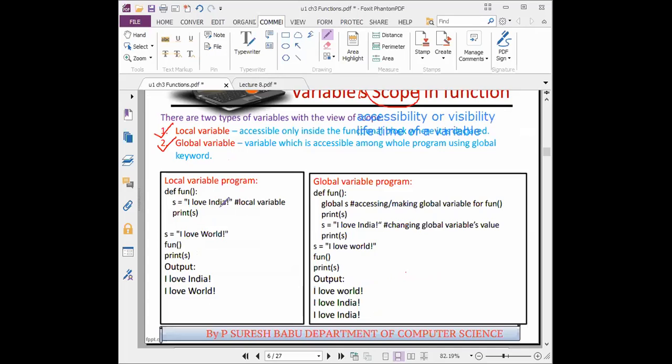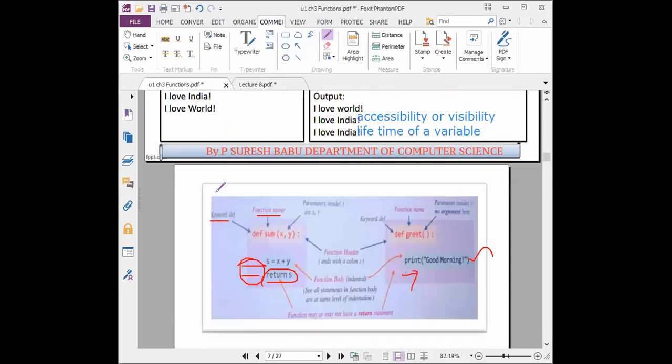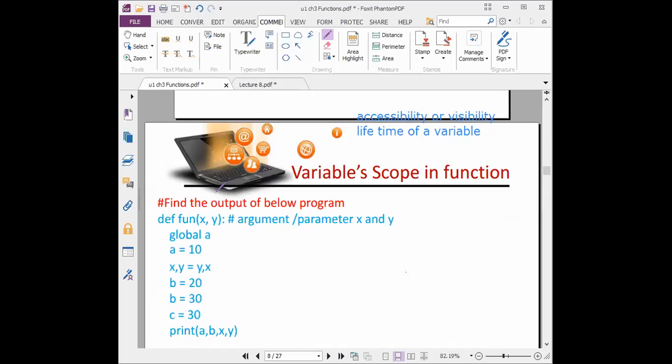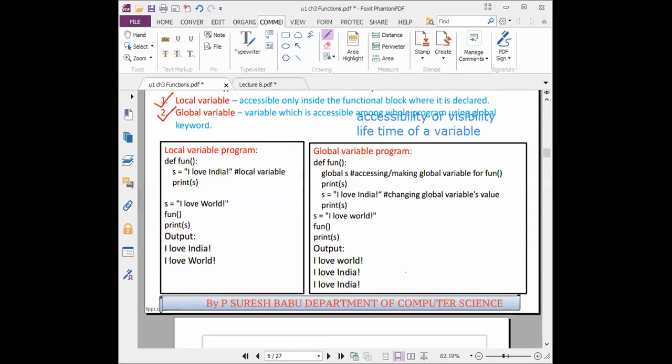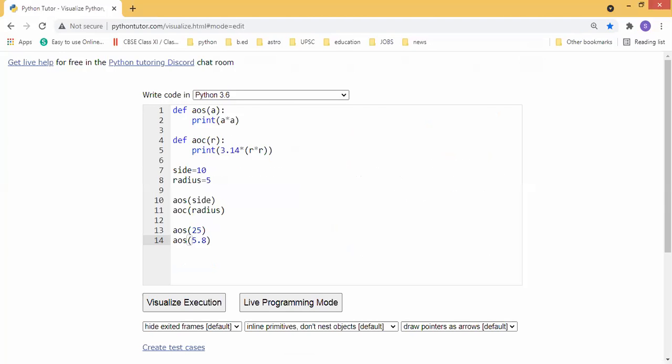We can explain this simply with one example. Again I'm going to the tutor website, where I already have some example. Everyone, is the screen visible? Whatever variables we have in the main program, side and radius, these are the variables.